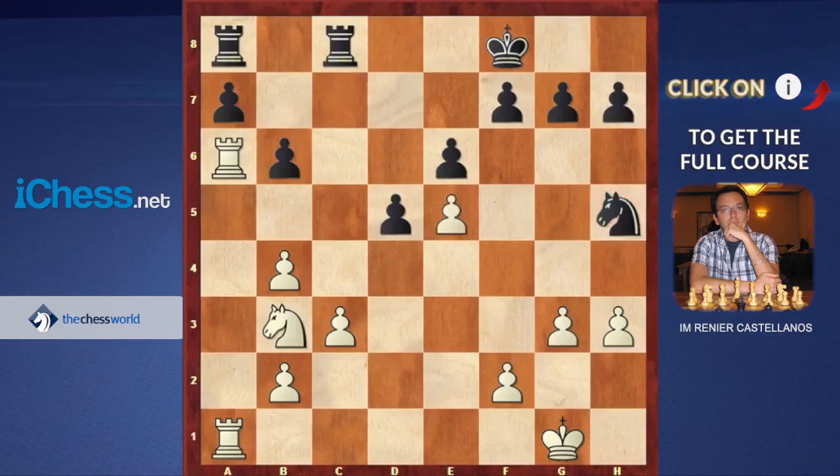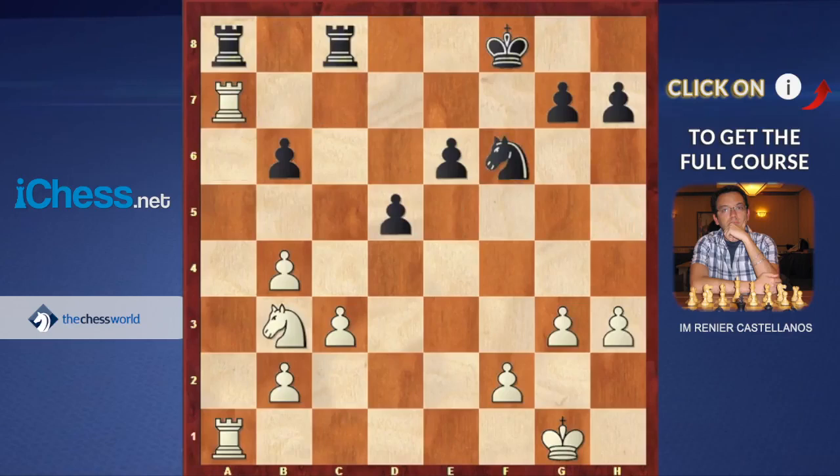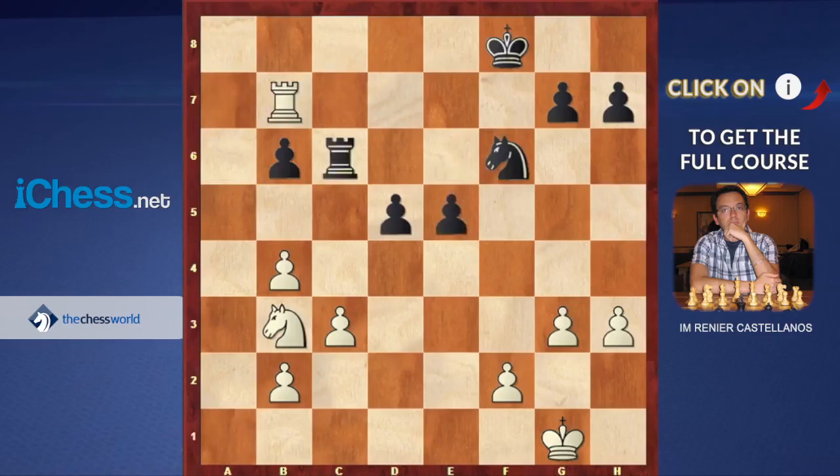Bishop takes on e5, d takes on e5, f6. This move creates a weak pawn on e6 as well. E takes on f6, knight f6, rook a7. The game is over. Take on a7. The rest is fairly simple. e5, rook b7, rook c6, and now, okay, it's fairly simple, but white plays accurate